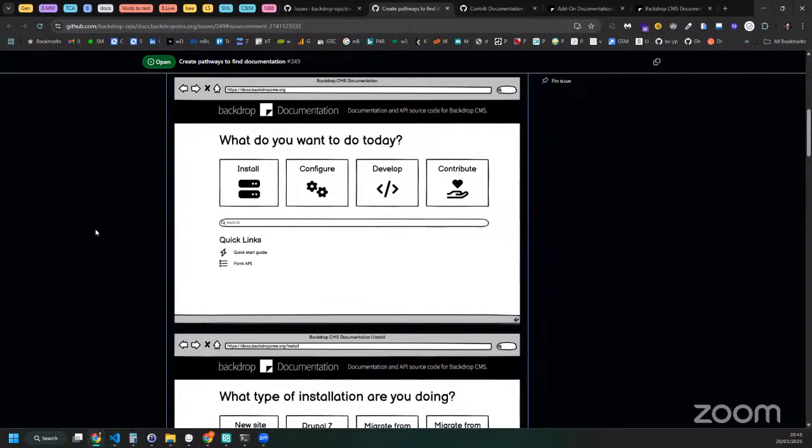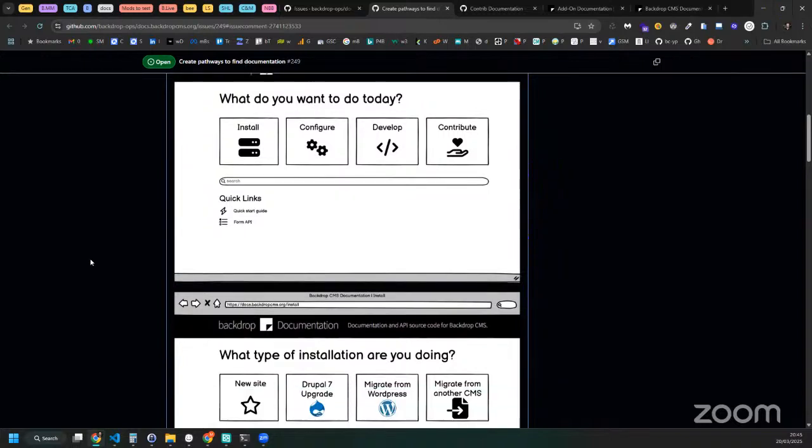For example, the form API reference, if you take away that menu, it will just totally disappear from the site. And possibly we'll need to, at the same time as this, make the search better, or just make sure that we have all of those pages in the structure. Actually, I would like to make the search better anyway, because currently you search and it only shows you